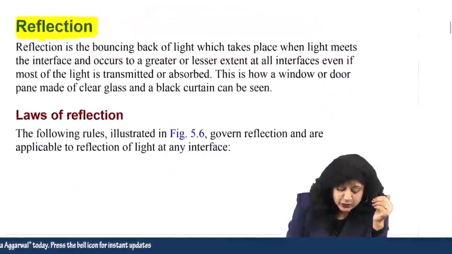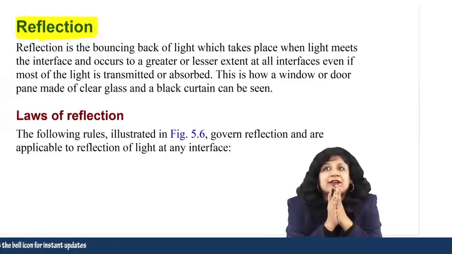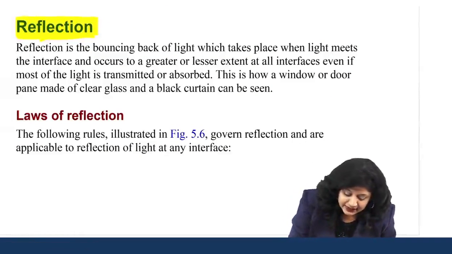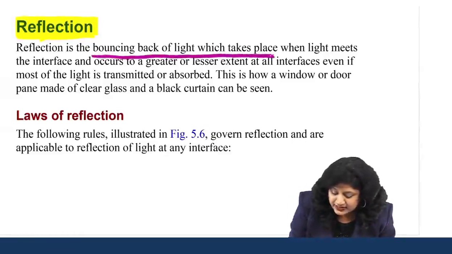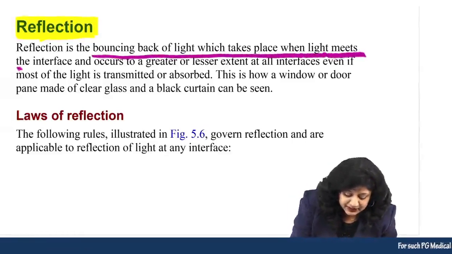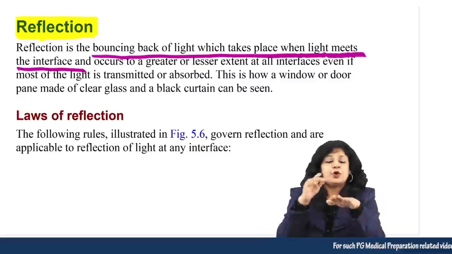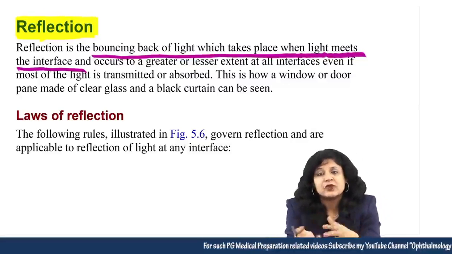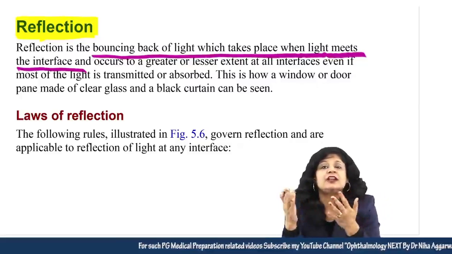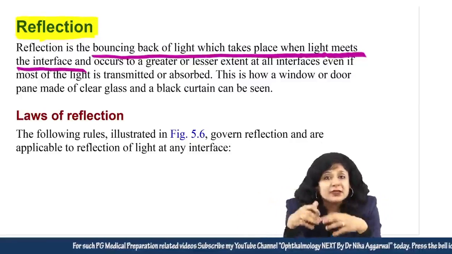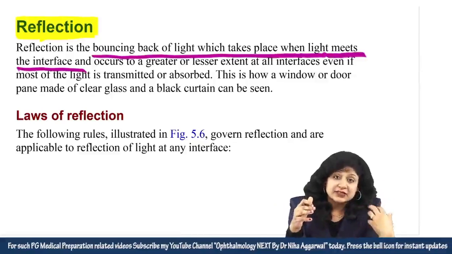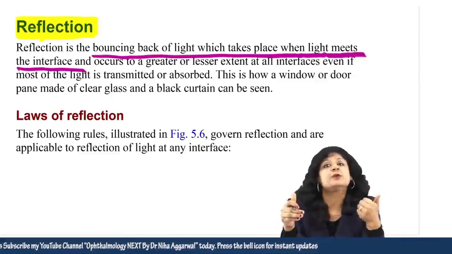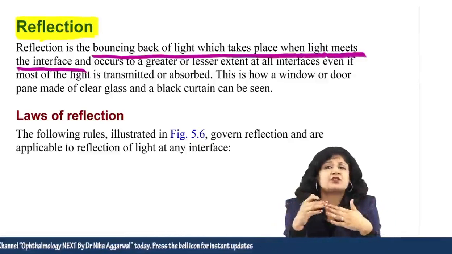What do we actually mean by reflection? Reflection means the bouncing back of light, which takes place when the light meets the interface. So more or less at all interfaces, whenever light strikes, it will bounce back. This depends upon the interface: 2% may be absorbed and 98% reflected, or it can be 98% absorbed and 2% reflected, but some amount of reflection will always take place,